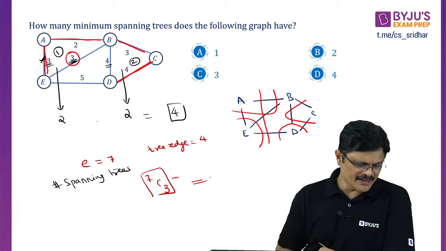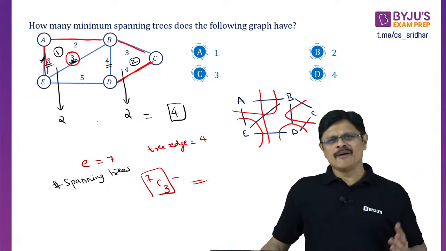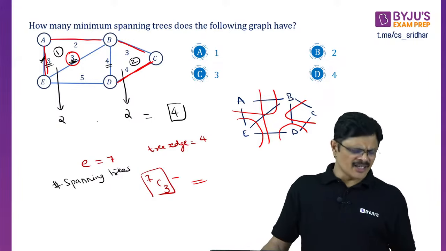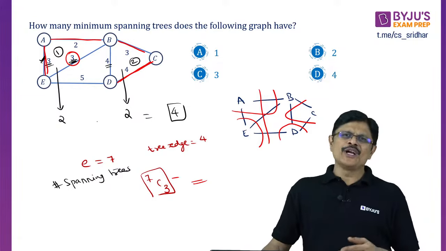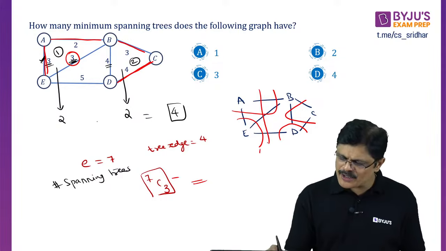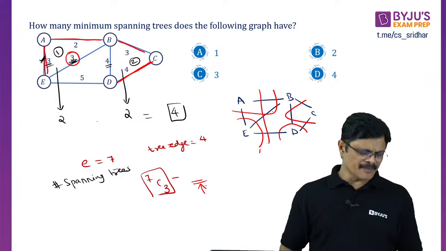Actually, there is Kirchhoff's matrix method, but that is very complicated, as you have to work with a 5 by 5 matrix, sir. Am I clear? So we use this particular method. So for spanning trees, only 2 is there. It is very easy to identify. Please identify how many. 1, 2, 3, 4, 5. How many are there? That number you have to subtract, sir.